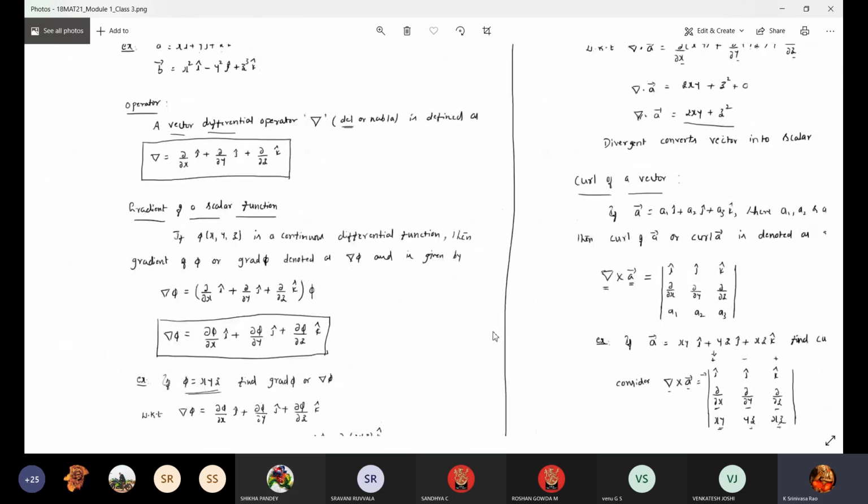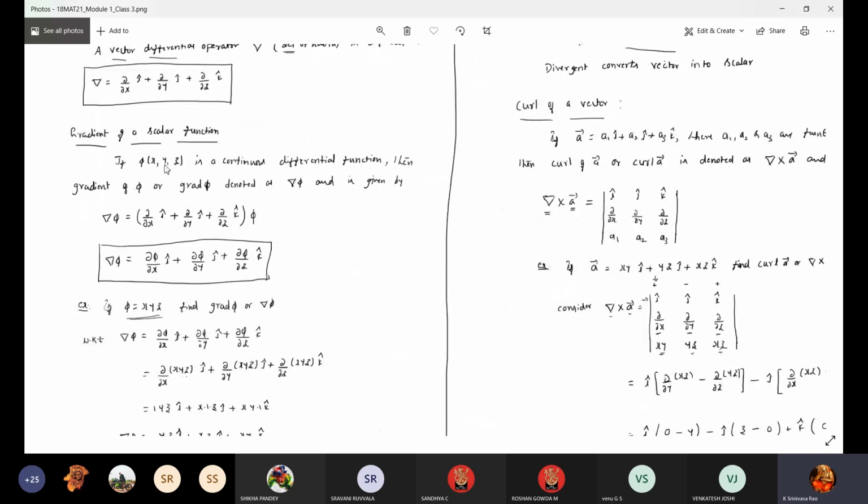Now I will concentrate on gradient. Today and tomorrow we are going to solve the top problems on gradient only. First we will solve simple problems on gradient. Then we will see the geometrical meaning of gradient: why it is required and what we can calculate with grad phi. Concentrate on this formula. Grad phi means dou phi by dou x i cap, dou phi by dou y j cap, and dou phi by dou z k cap. It is a vector. Whatever phi they give, you have to differentiate the complete function with respect to x, y and z.